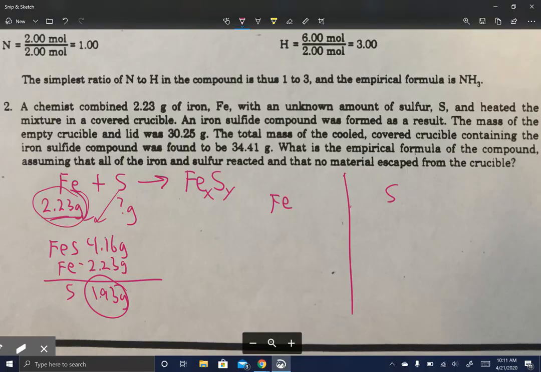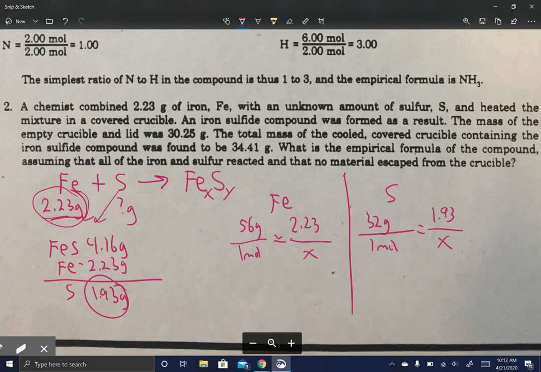So we remember that. So there's 56 grams in 1 mole. We have 2.23. How many moles? And then sulfur is 32 grams per 1 mole. We have 1.93. So how many moles is that equivalent to? So X equals here for iron. It's going to be 2.23 divided by 56. So 0.03, I'm going to keep all those, 98 moles of Fe. Okay, cross multiply and divide there. Okay, and then 1.93 divided by 32. I get X equals